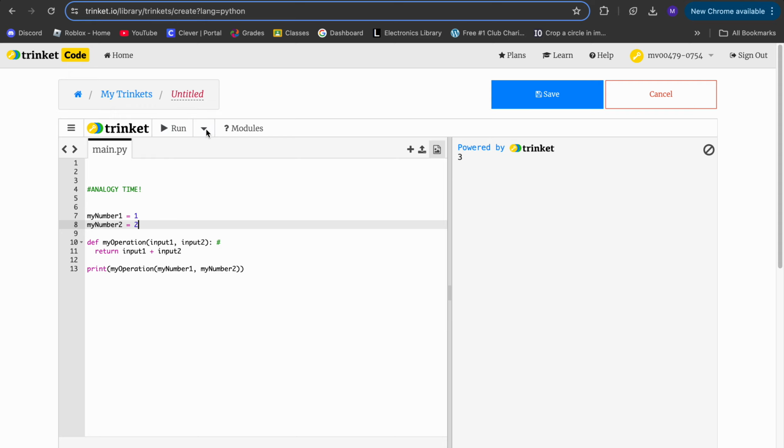I hope that made sense, but that is my explanation of functions and how it works. You input variables, which just become another name for the variable you put in, and you do something with it, return the value back, and you can do whatever you want. You can print with it, you can add more numbers to it. It's up to you what you want to do with